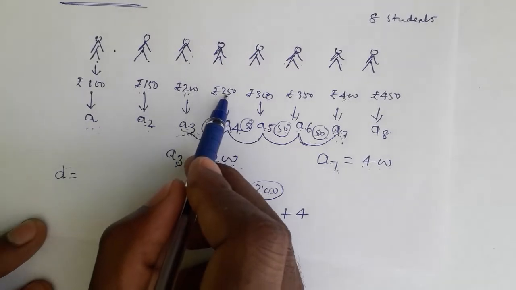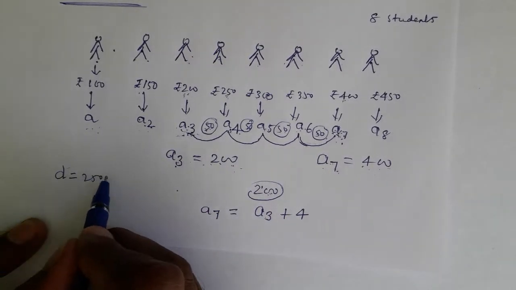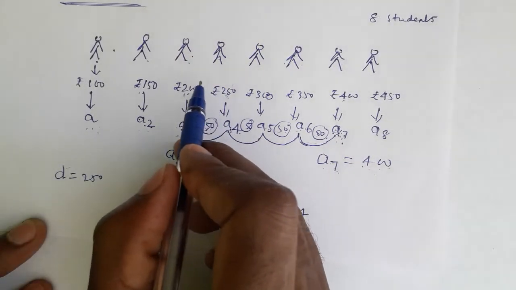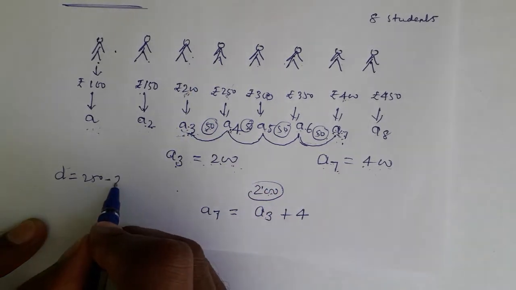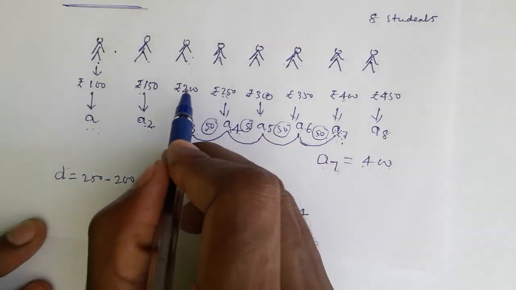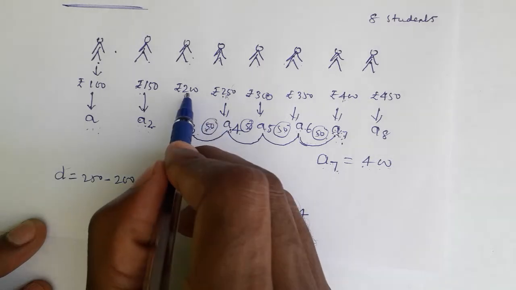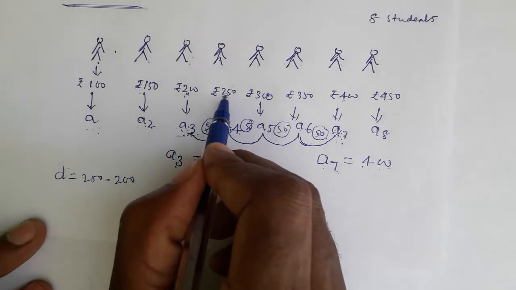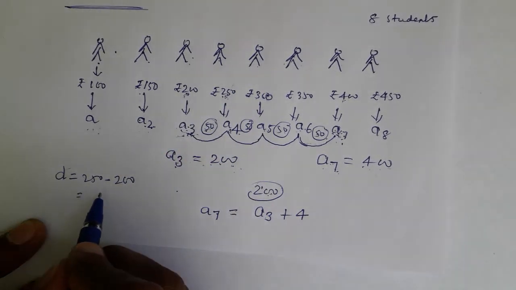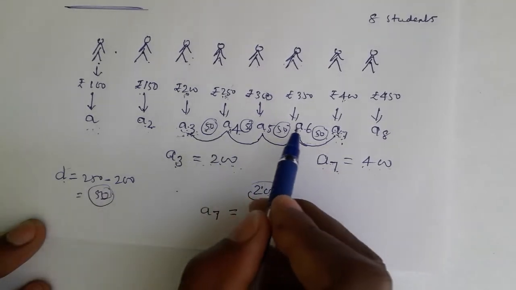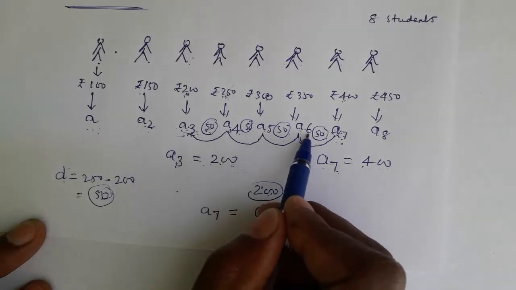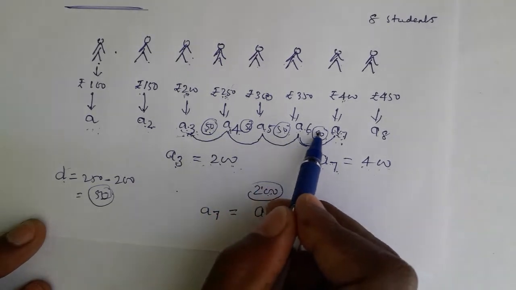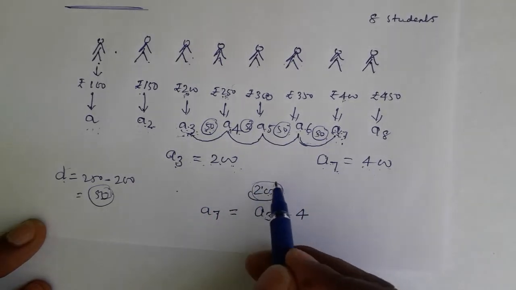See, when we take the next number 250, you have to subtract 200 from that, because 250 minus 200: 250 is the next number, 200 the previous number. If you take 300 minus 250, like that, the difference is 50. The common difference is 50. So between the third person and seventh person, how many 50s difference is there here? 1, 2, 3, 4. 4 50s difference, nothing but 200 rupees more.